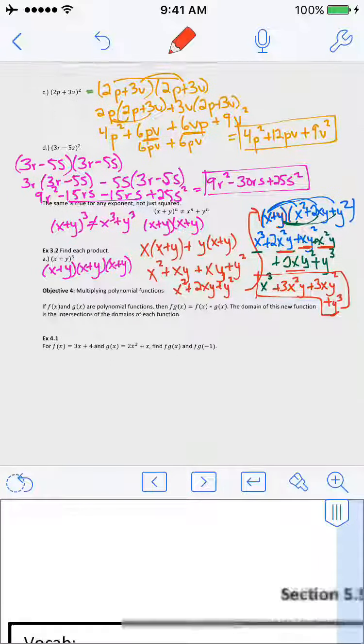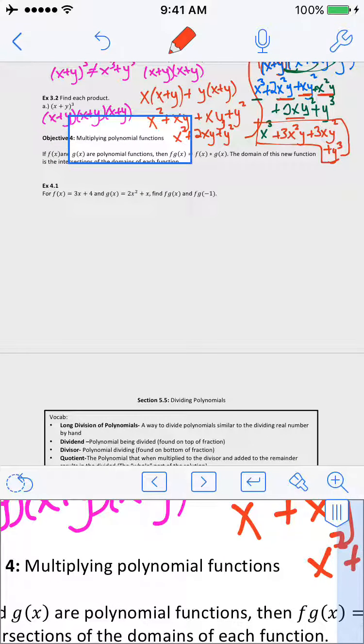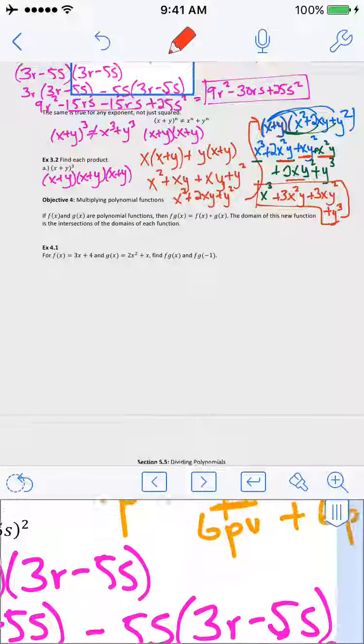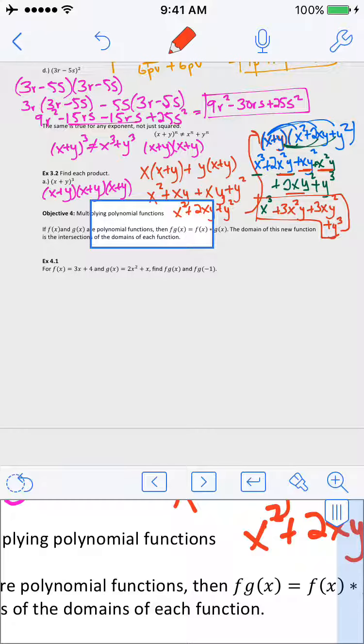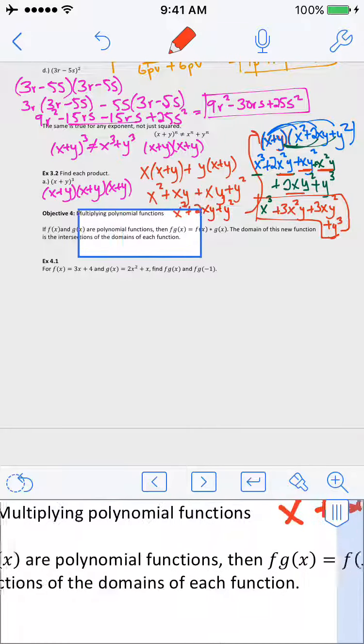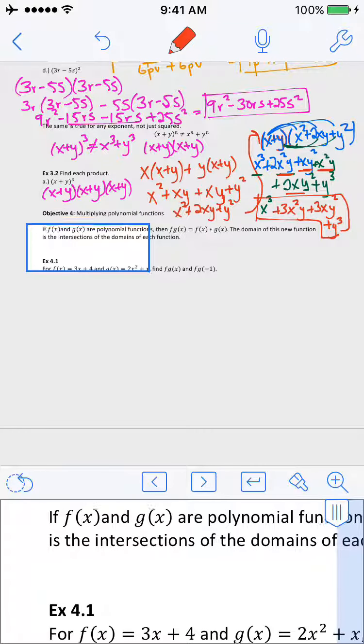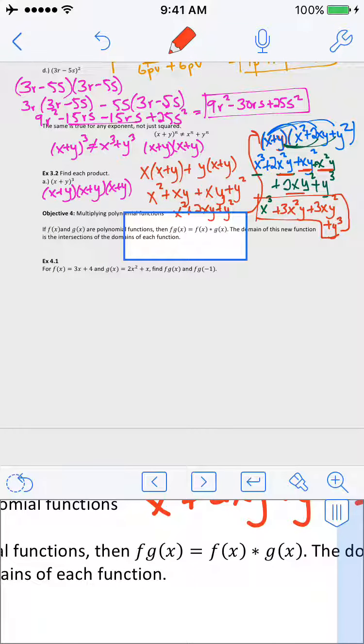Okay, so last thing we're going to talk about today is multiplying polynomial functions. Remember, a function is just a fancy polynomial. It's not a special polynomial, it's just a fancy polynomial, where it's got f of x and g of x. Now, when we write the multiplication of polynomial functions,